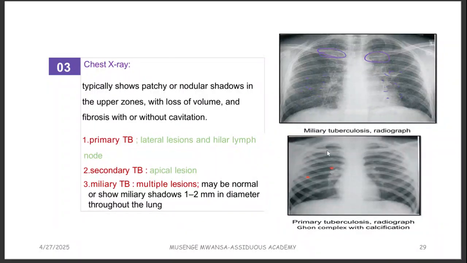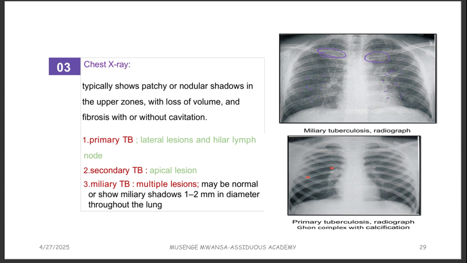You can also do a chest X-ray for primary TB. So on chest X-ray, what are you going to see? In an exam question they can describe a patient who comes with, let's say, productive cough and night sweats, the other base symptoms, and then on the chest X-ray they show patchy or nodular shadow in the upper zone with low volume, fibrosis, with or without cavitation. At least take note of this patchy or nodular shadow. These are two small things that you can see, like dots. We call this a miliary picture.